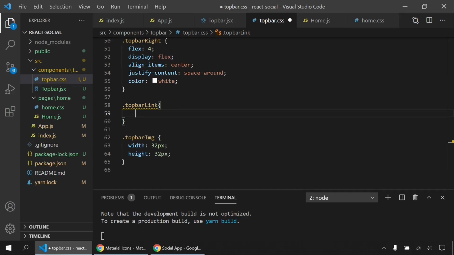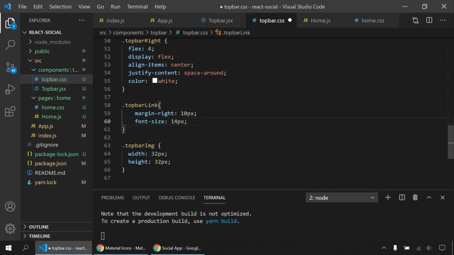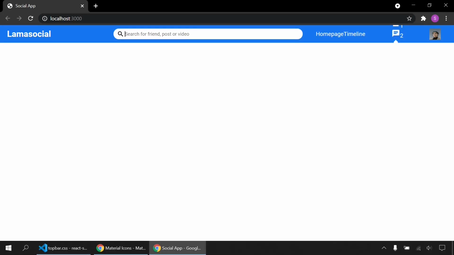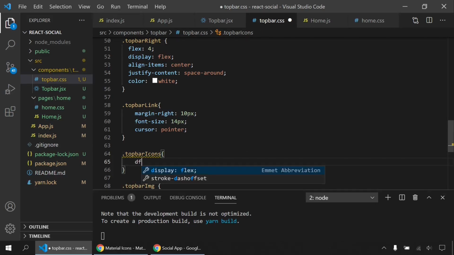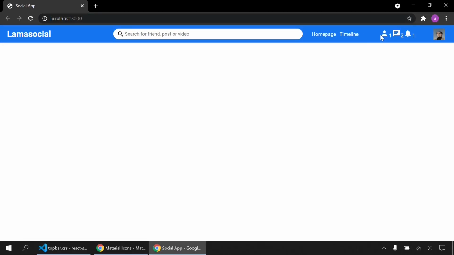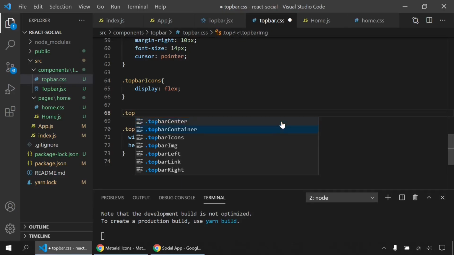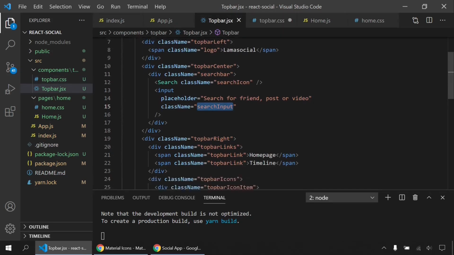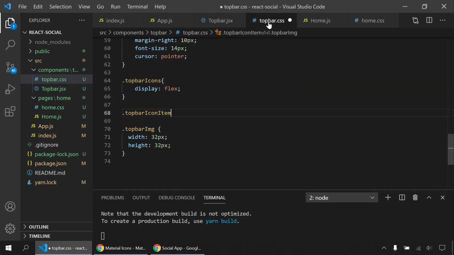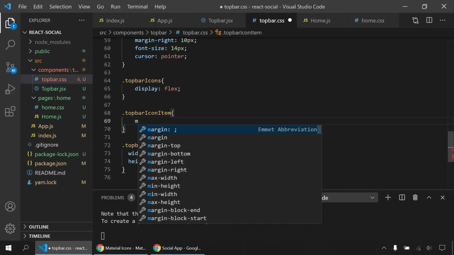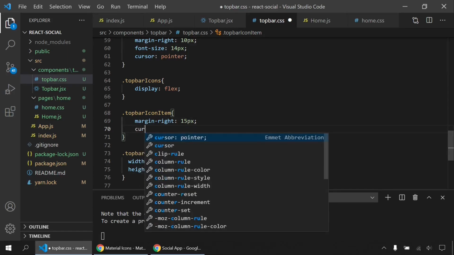Good. I will say top bar link. I will give some margin. So margin right, let's say 10. And font size will be 14 pixels. And cursor pointer. Perfect. And for top bar icons, which is the container of icons, I will say display flex. Right now it's gonna be better, like this. And for top bar icon items, let's check here. This item, this container of the icon and this page. I will say margin right 15, and cursor will be pointer,